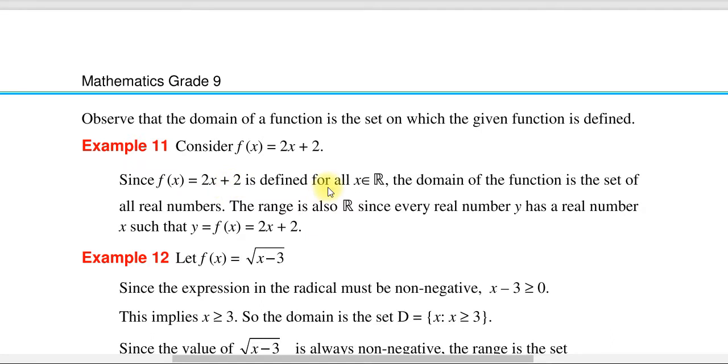ስለዚህ f of x equals 2x plus 2 ተሰጥቶናል። Since f of x equal to 2x plus 2 is defined for all x an element of R, the domain of the function is the set of all real numbers. The range is also R, since every real number y has a real number x such that y is equal to f of x which is equal to 2x plus 2 ይለናል። ኦኬ ስለዚህ ሬንጁ ምንድነው? ሪል ነምበር፣ ዶሜኑም ሪል ነምበር ነው ማለት ነው።